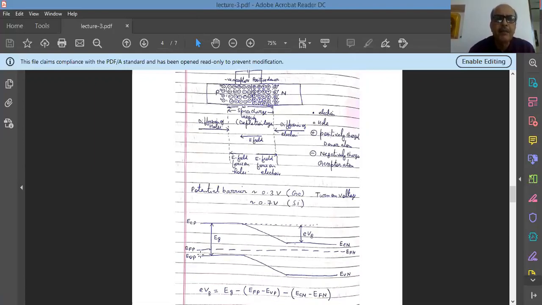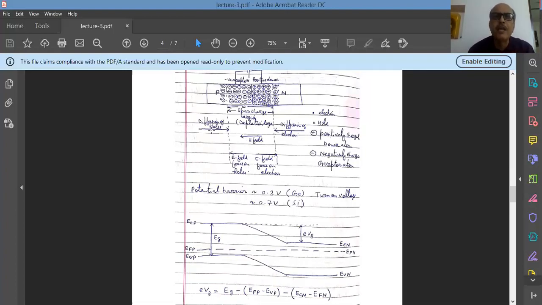So this is the energy level diagram for p-type semiconductor, and this is the energy level diagram of n-type semiconductor. So here, if you put both the semiconducting material together, what will happen? In case of n-type semiconductor, the Fermi level has a larger energy than that of a p-type semiconductor. So since the energy of electrons on the n side is larger, they will move from n side to p side till the lining up of Fermi level takes place.